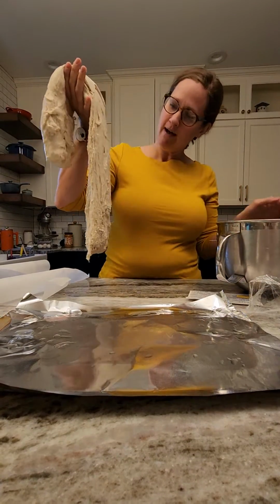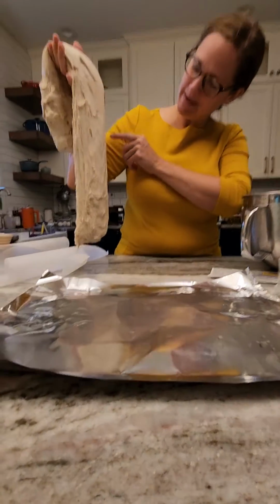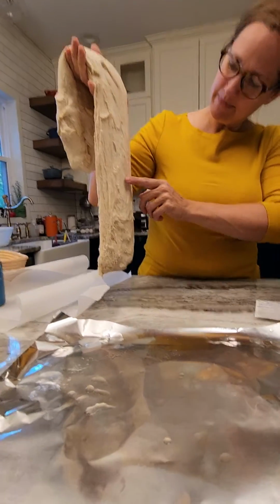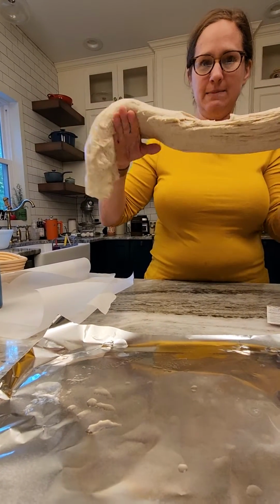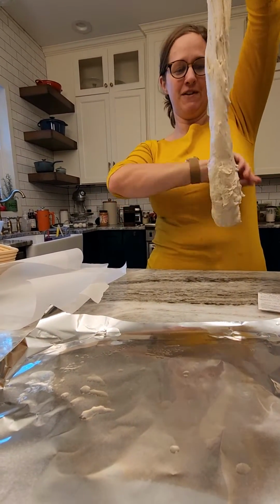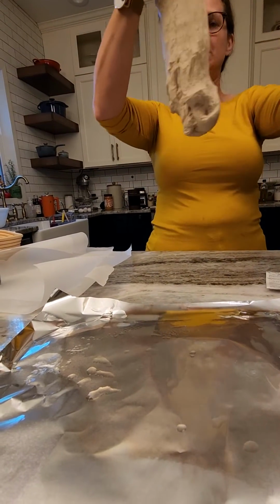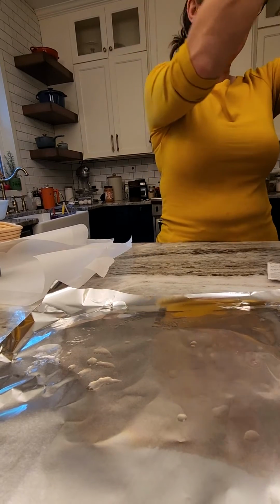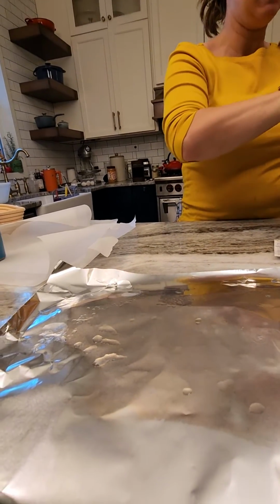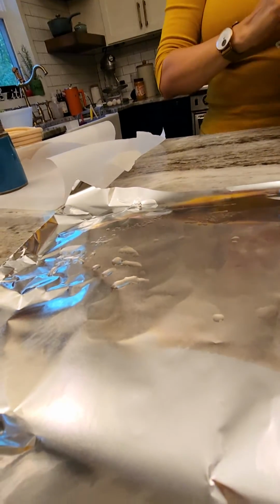And so when we looked the other day, we looked at those pieces that you can see them stretching and kind of quitting. And this process kind of keeps them from quitting. So this is really fun. My kids like to watch this. You just want to stretch it but not break it. So like here on the back, we want to make sure that's not happening too much. And then I'm just going to lower it down and kind of